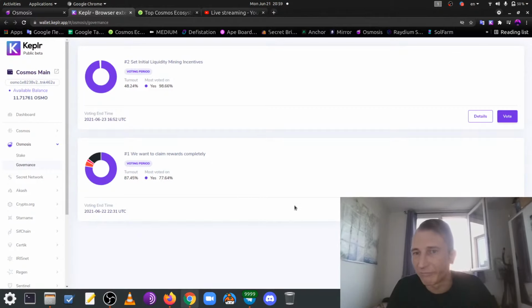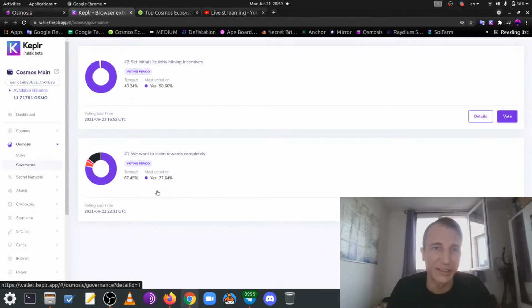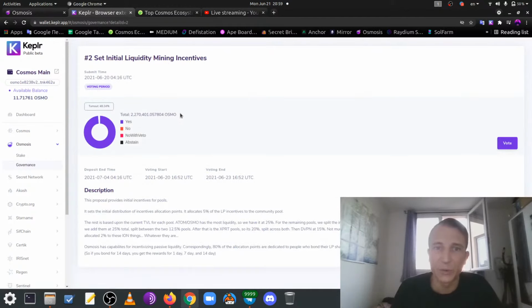In reality, nothing important in this proposal. It's proposal number 2, set initial liquidity mining incentives. What is this proposal about? This proposal is about